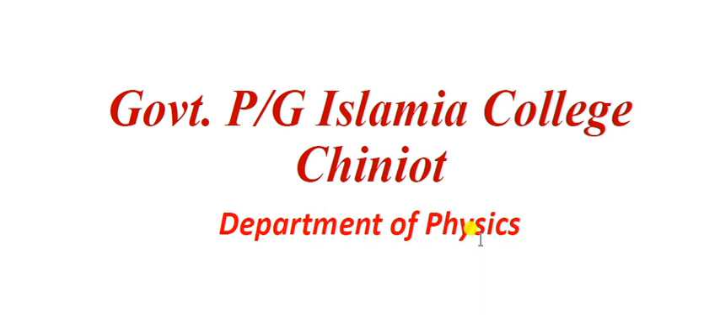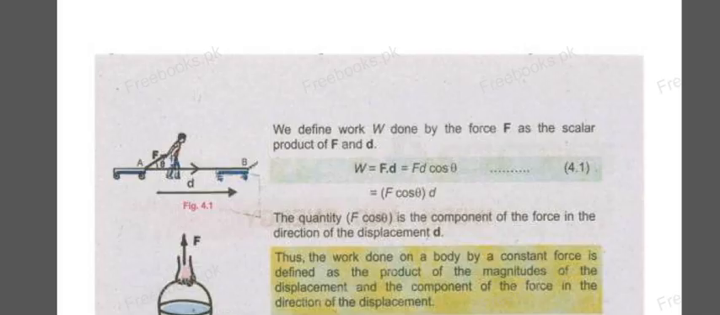The first article is work. Work is defined as the product of the magnitude of the displacement and the component of the force in the direction of displacement. This is the definition of work. Work is defined as the product of the magnitude of displacement and the component of force along the displacement. So if we see in this figure,